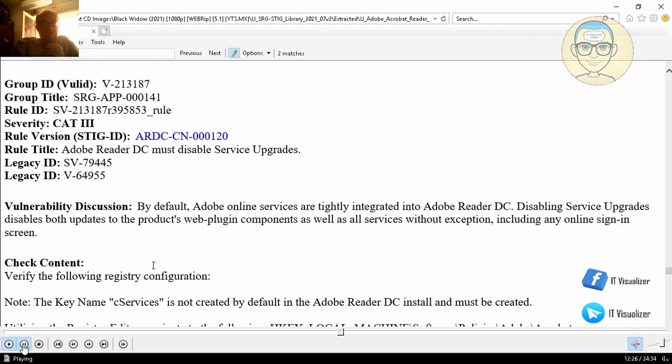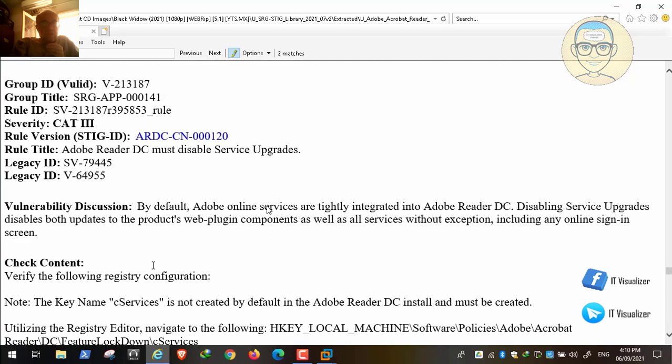Here also service upgrades. By default, Adobe Online services are tightly integrated into Adobe Reader DC. We all know this. Disabling service upgrades disables both updates to products, web plugin components, as well as all services without exception, including any online sign-in screen. So here he will disable upgrading